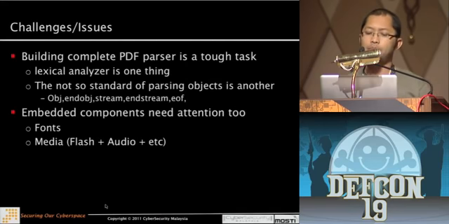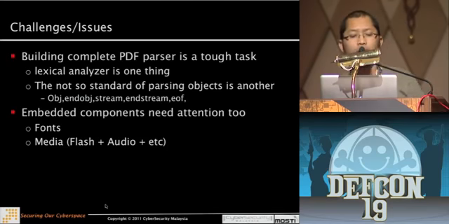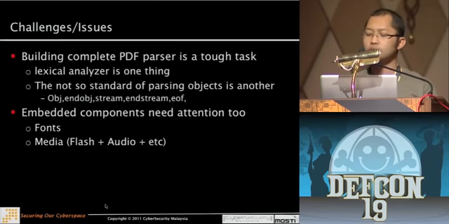I would say building a complete PDF parser is a very tough task. Having a lexical analyzer is one thing, but parsing non-standard objects is another. Embedded components also need attention, like fonts. How many exploits are leveraged on fonts? Recently, on iOS, jailbreakme 3 also started from a font, right? And of course, media like Flash and audio is also a main problem to address